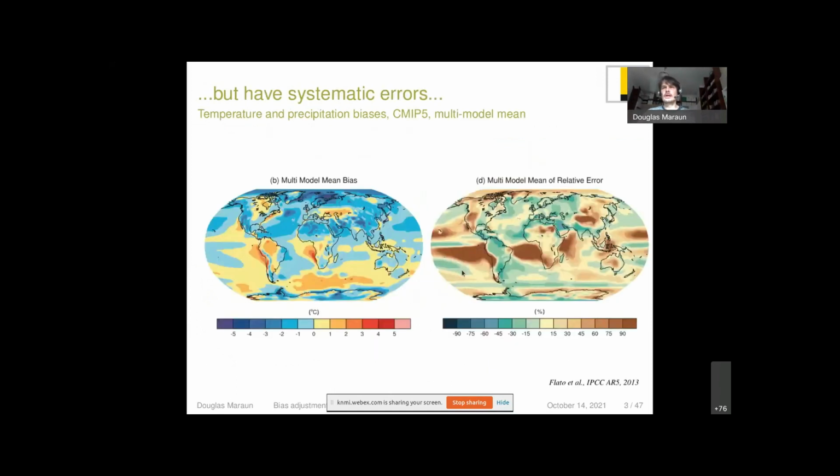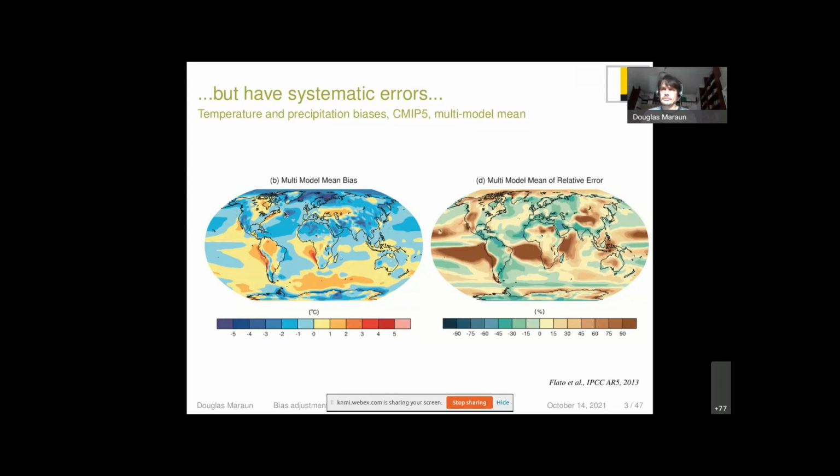And these models, these GCMs, they have biases. So, for example, when you look here on the left, on the multi-model mean CMIP5 model biases in surface temperature, you see that, well, in many regions, the biases are relatively small, within 1 degree. But then you see specific regions where this is much, much bigger. And like here, for example, over the North Atlantic or over the oceans here, you might say that this is not so relevant for you because you're not interested in the oceans, but these biases, of course, have knock-on effects